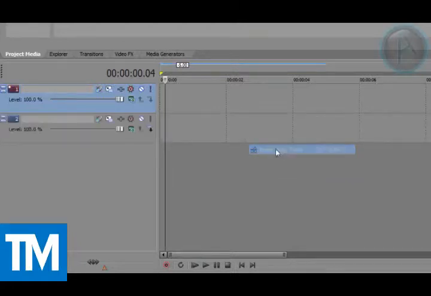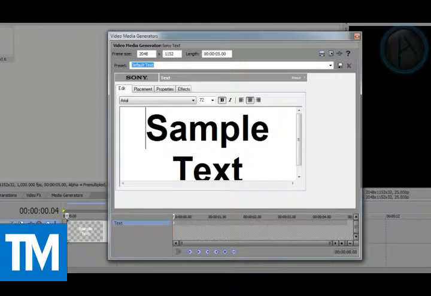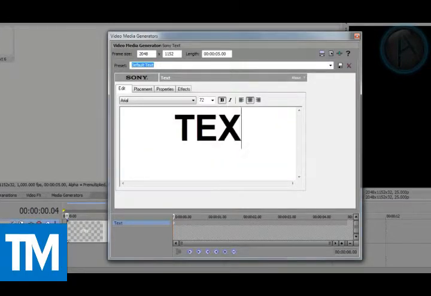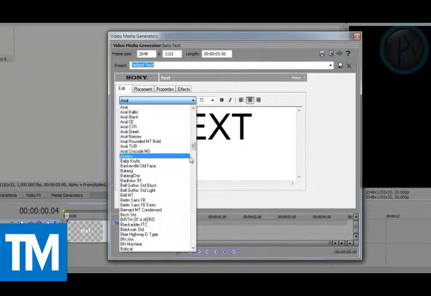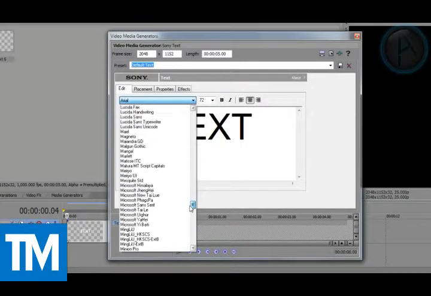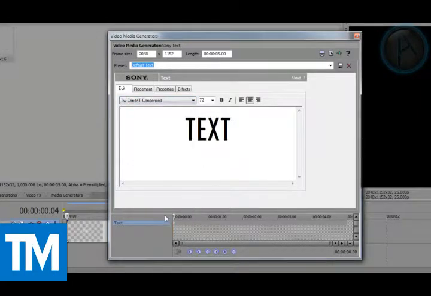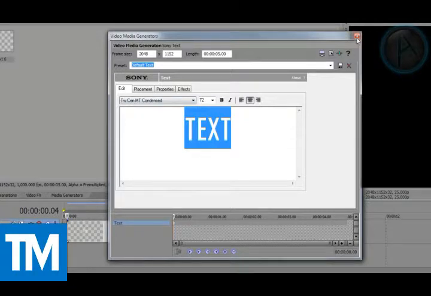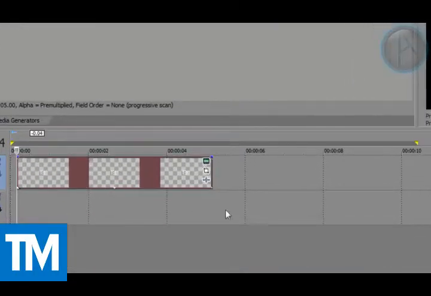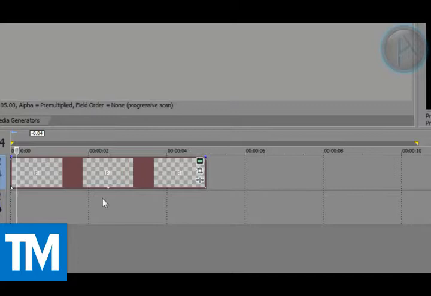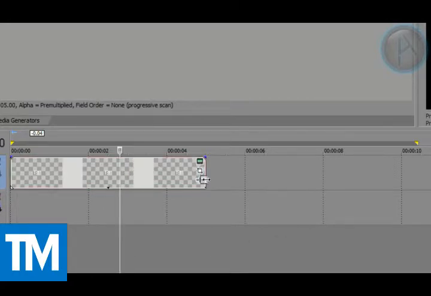Video tracks, and then on our first video track insert text media, and I'm going to call this text, and take that off bold, and I'm going to change the font. And that size is alright. So now once I have this, I'm going to move this to the start of my clip,